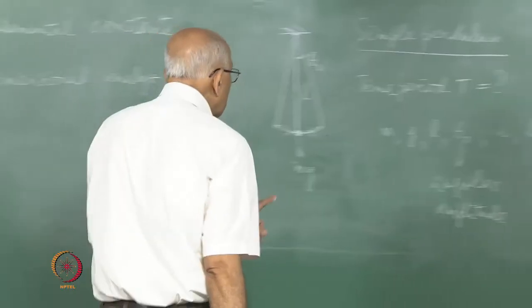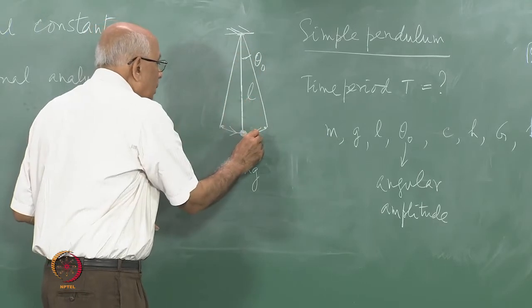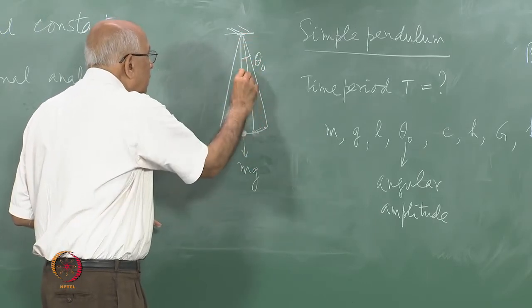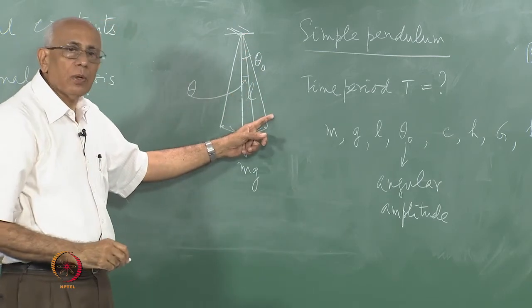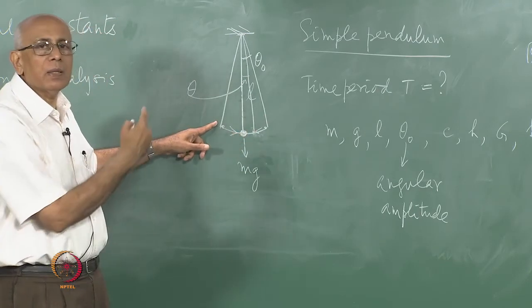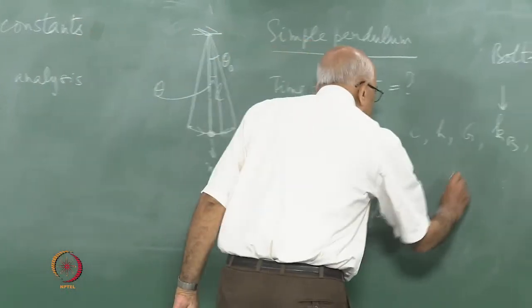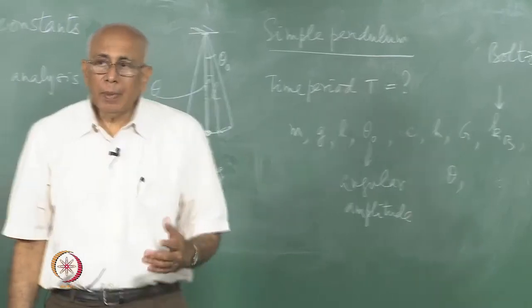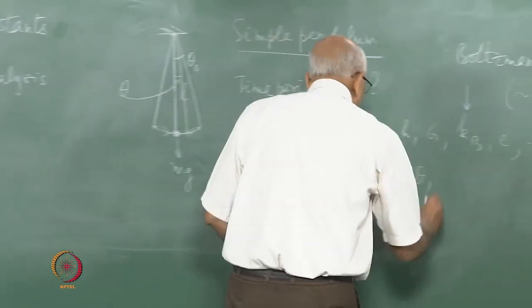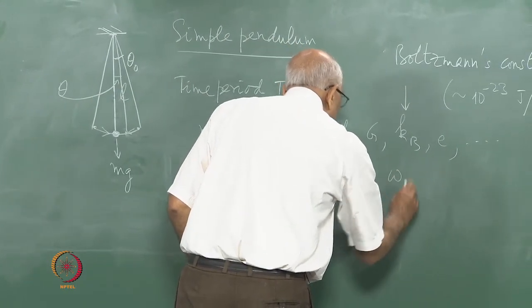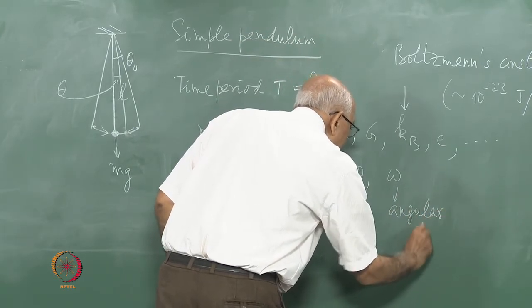Well, you could also ask one more thing. You could say, look, after all, when it's moving, the angle is changing. At some instant of time when the bob is here, this angle is theta. And then it increases up to theta naught, comes back, becomes negative, goes up to minus theta naught, comes back to 0, and so on. So maybe it depends on theta as well. Maybe it depends on the rate at which this theta changes. That too is crucial. So maybe it depends on the angular velocity, omega. This is angular speed,